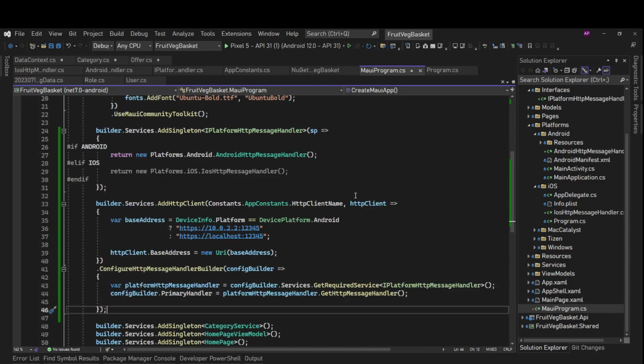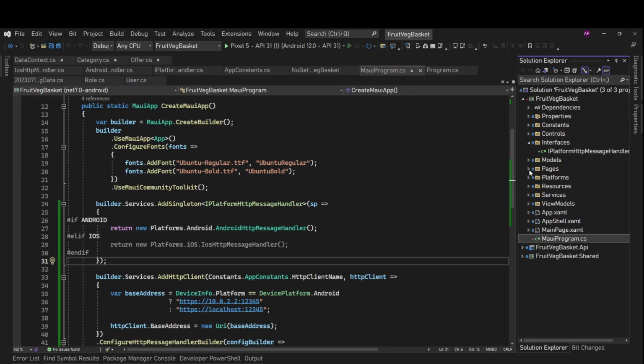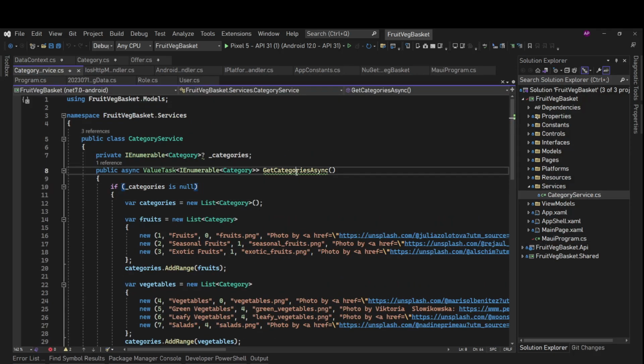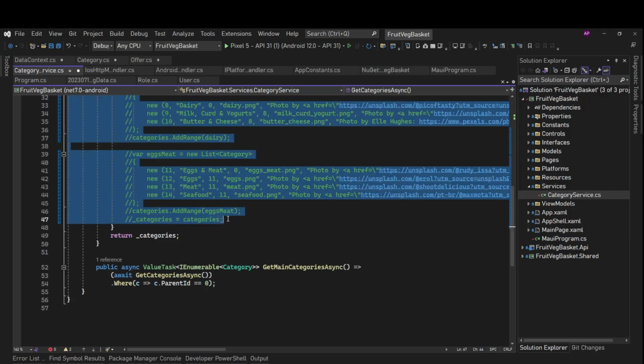Now the next thing is we need to use this HTTP client factory where we are getting our data. For now we are getting just categories and offers. So let's go to our services, category service here. Now we don't need all this seeding data, because we moved this data to our API.